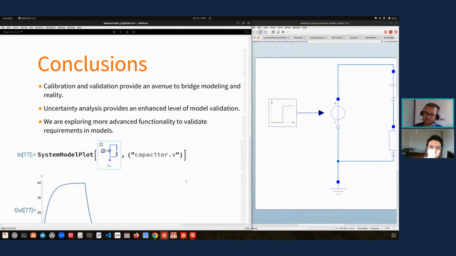I think you may be a better fitted person for that answer, actually, Ankit. Right. Yeah, the thing is, first question, the system model is not only for